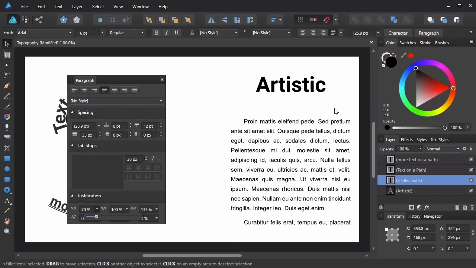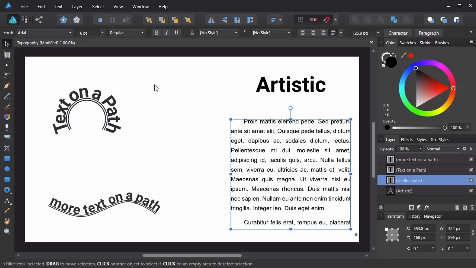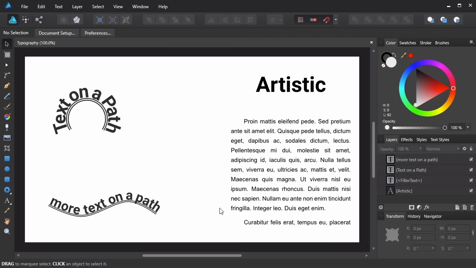So basically, when you're working with frame text and you need to control how it's spaced and laid out, then you want to use this paragraph panel here. So we'll just close out of that for now. We're done with that. So now the last thing that I want to cover is how to work with text